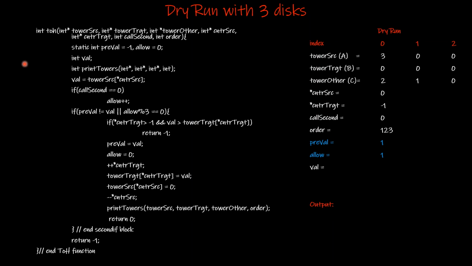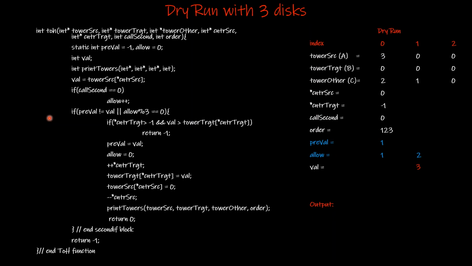We have the value of tower source at the index point counter source, which is this particular value. Counter source is 0, so this value of tower A is assigned to val, so val is assigned value 3, right? Now is call second equals 0? It is, so allow is incremented and allow becomes 2, right? Next, if condition is checked: is pre-val not equal to val? Yes, pre-val is not equal to val, and the condition is therefore true, and therefore we go within the if